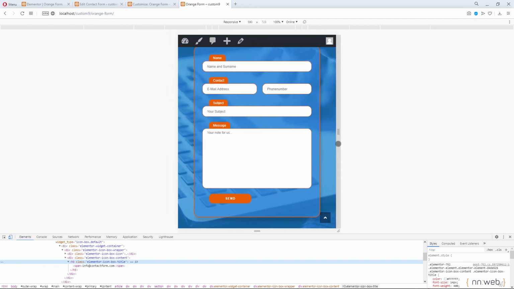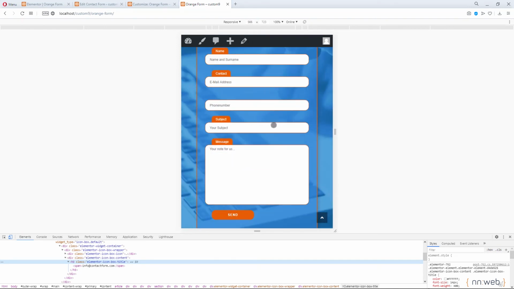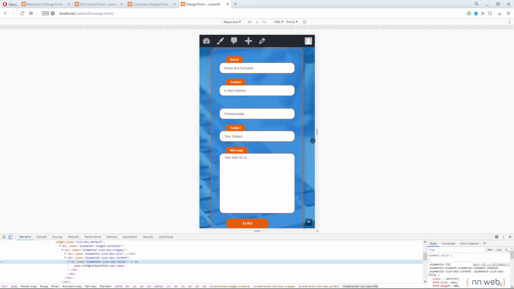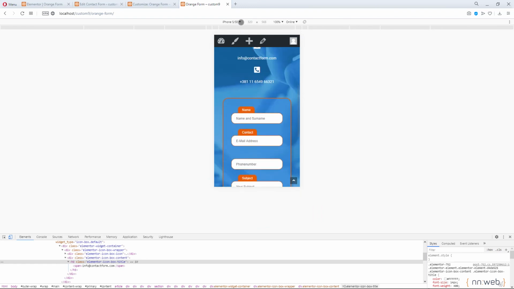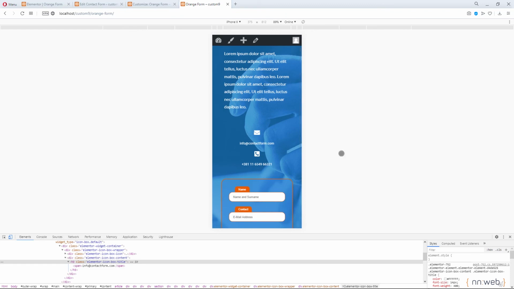You see, now this is smaller size than 580, and we have again this position of fields. Let's check iPhone 5 or iPhone X. Okay,